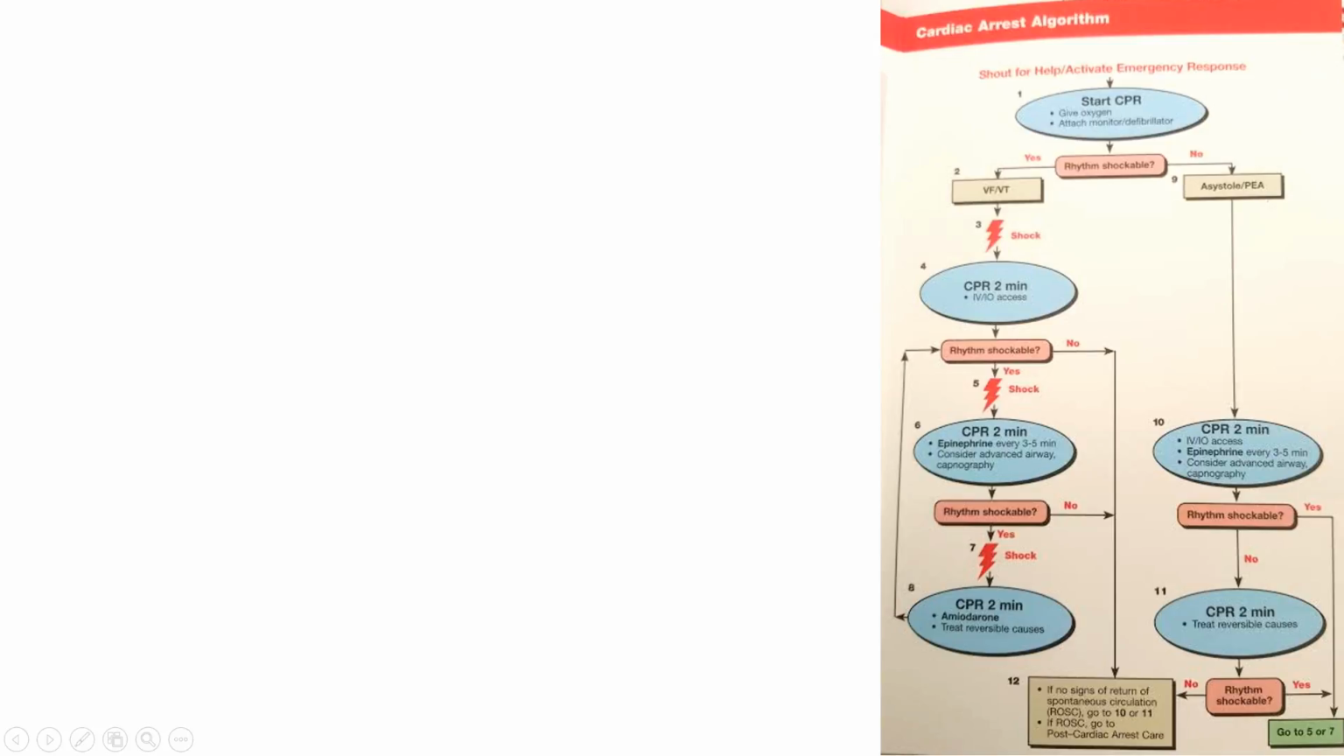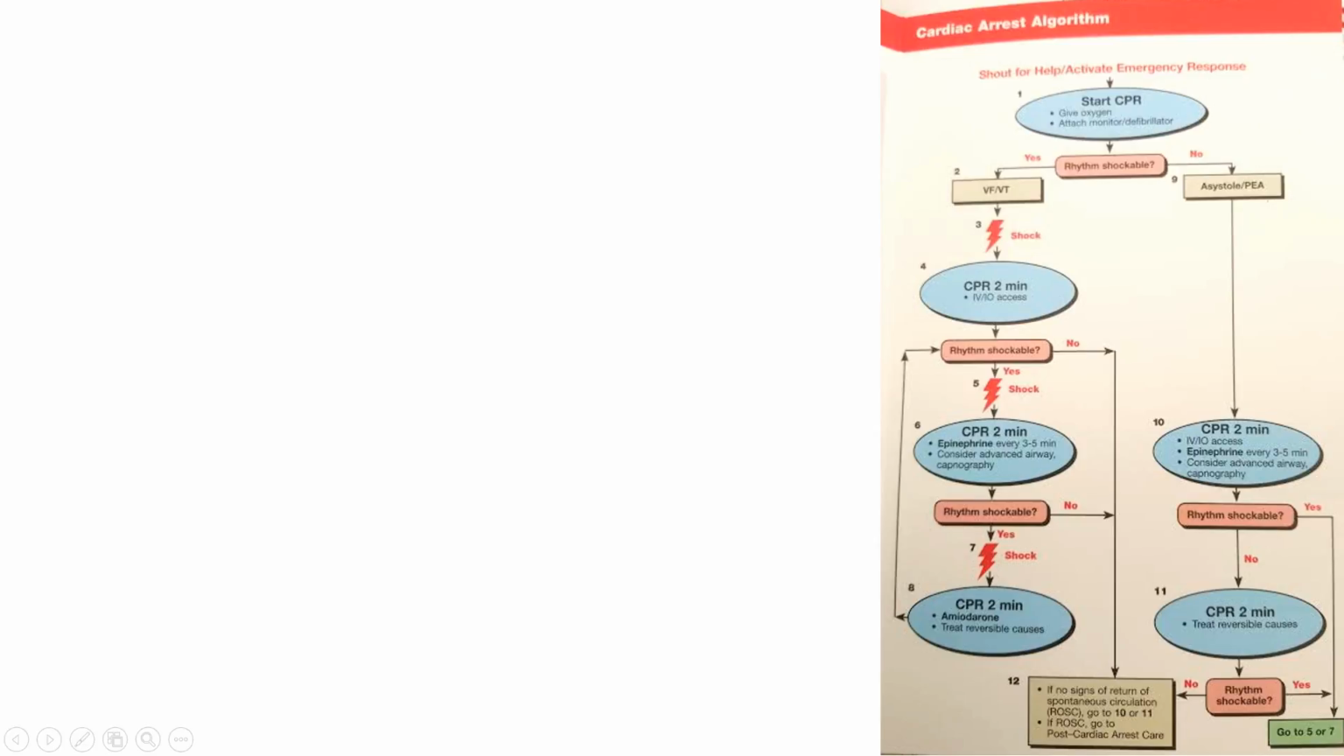So let's go down the algorithm of no. Let's say it's not shockable, because this one's a little bit more simple than the other one. So let's say it's not shockable. The person's in asystole, which means it's not beating. Then what you're going to do is you continue CPR for 2 minutes, and then you can give the person